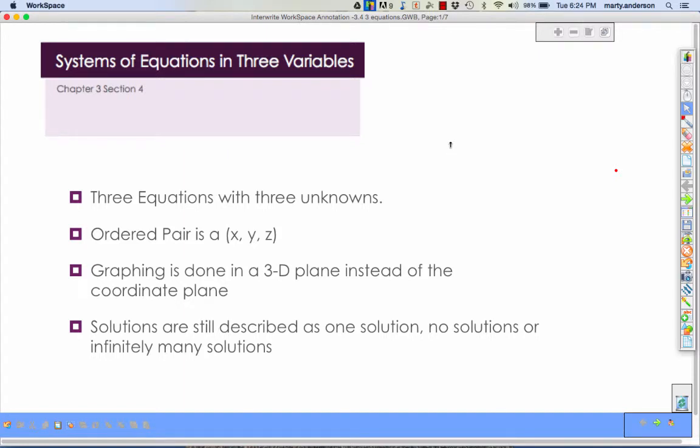Okay, we're going to do three equations and three variables today. Section 3.4. I've got just a couple of short notes and then we'll do three examples together. So it's three equations and three variables, which if you think back to all of the stuff that we've solved